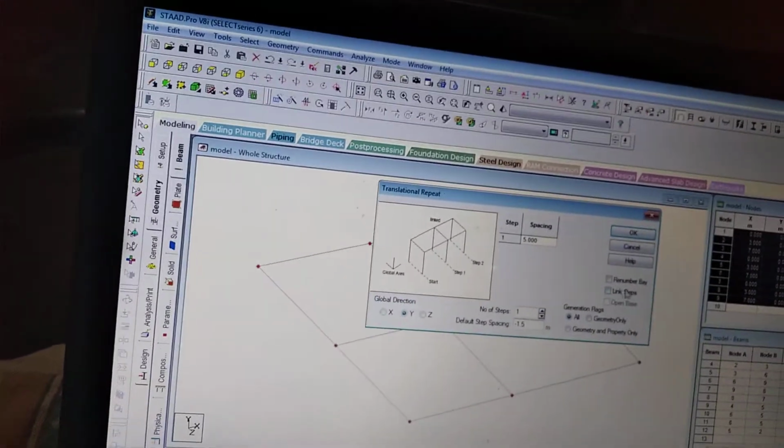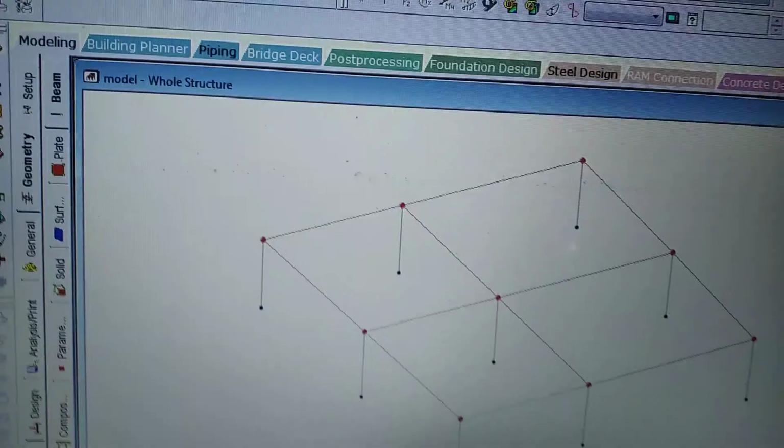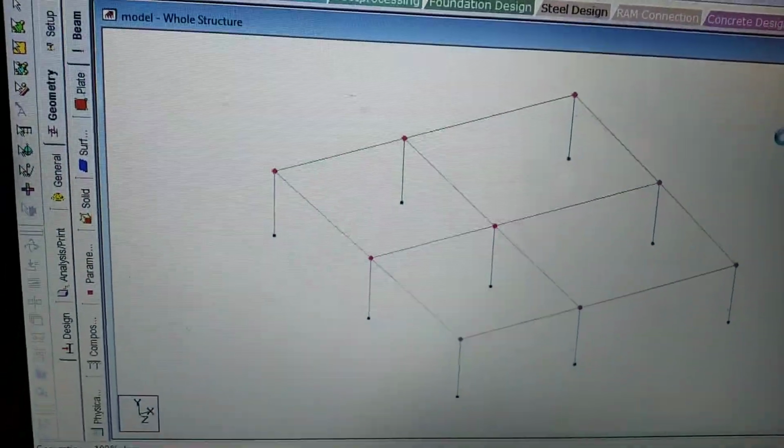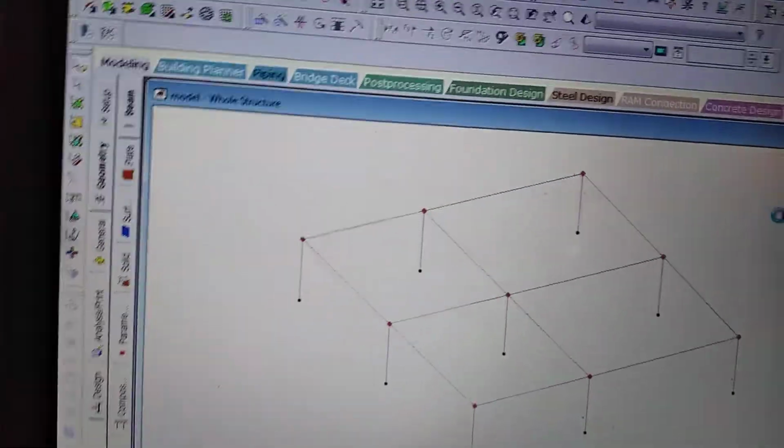Okay, wait, see, steps will occur, okay.